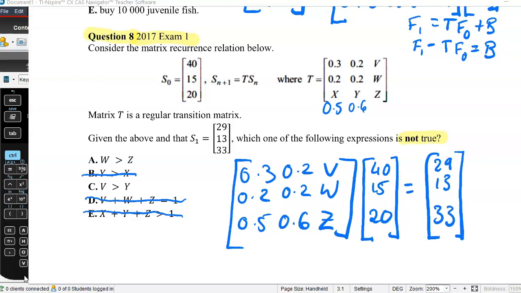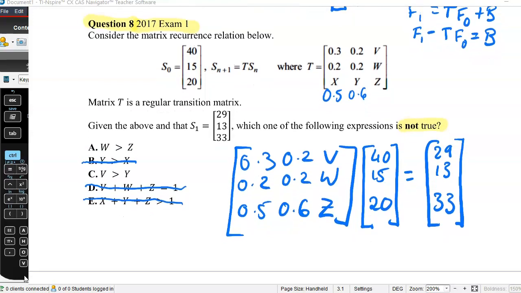Let's have a think about how we get our values. To get this, I've got to go 0.3 times 40 plus 0.2 times 15 plus v times 20 is going to give me